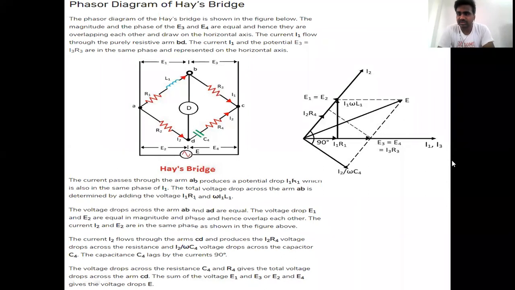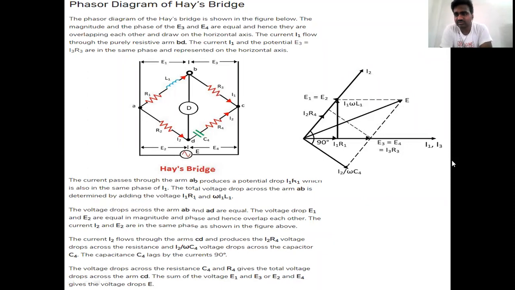Measurement of inductance can be done with various types of bridges. Like we discussed Maxwell's bridge, and in the previous class we discussed Hay's bridge. We can also measure inductance with the help of Anderson's bridge and Owen's bridge. So there are various methods. But what is the exact thing with Hay's bridge? Why have we chosen Hay's bridge? Because there is quite a disadvantage with Maxwell's bridge.